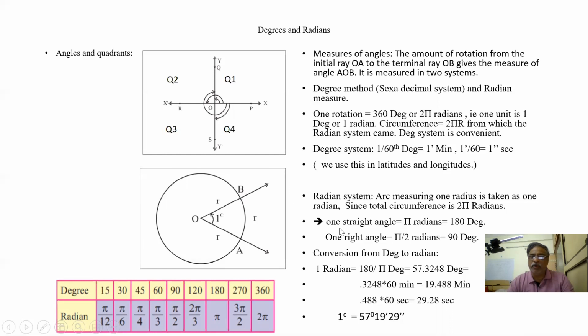So that is why 1 radian, how do we define it? 360 by 2 pi or 180 by pi. Suppose you see, this is the radius, and if you take an arc length of 1 radius, this arc length is also 1 radius. So this angle is called 1 radian. So like that we have how many radians?